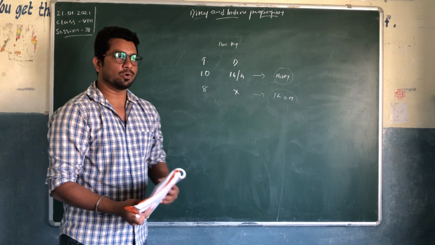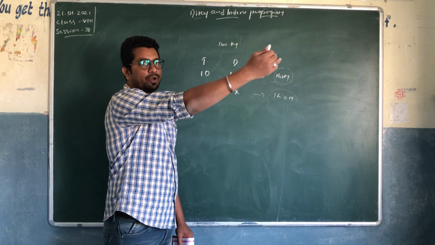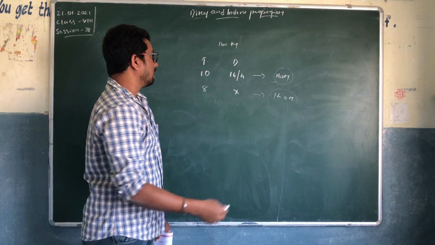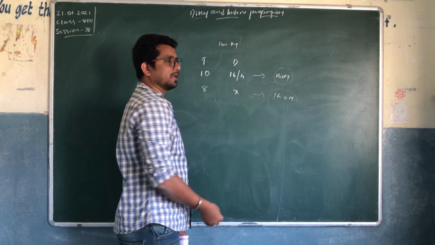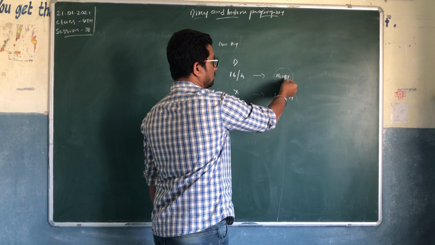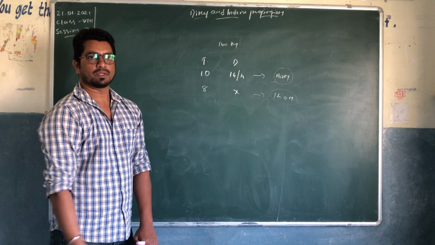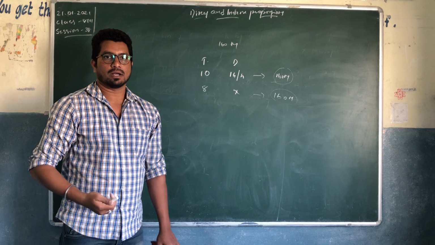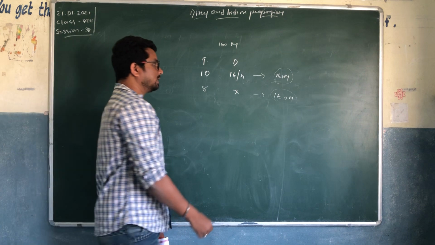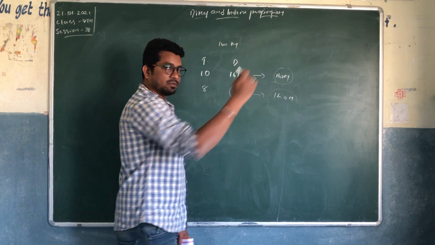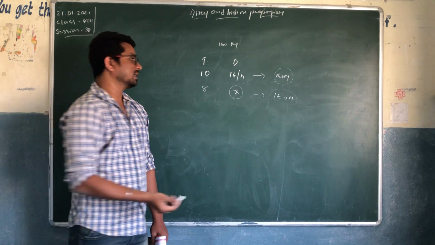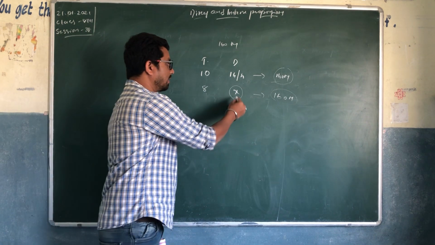Or simply, to understand: I am going to some place in a sea. I have 10 hours to go there and I am going at 16 miles per hour to reach my destination, which is 160 miles from here. But in return I have only 8 hours of time. Then at what speed should I come in that boat, in that ship? That we need to find out here, right?